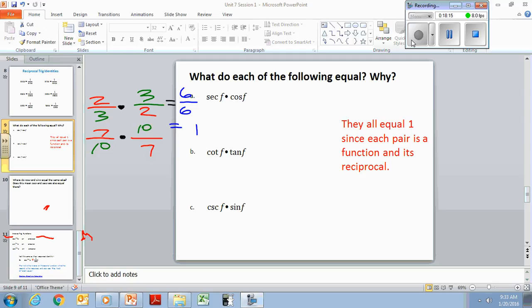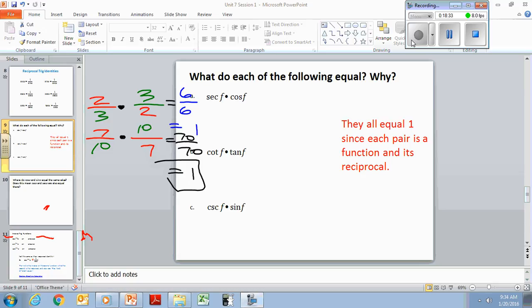These are reciprocals. I'm multiplying the original times its reciprocal. Anybody know what the top's going to be? And hopefully you know what it equals. All right. That's the first part that we scaffold. Now let's go back to the new thing.